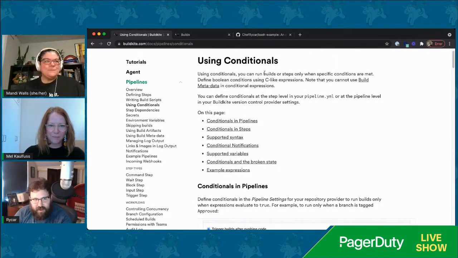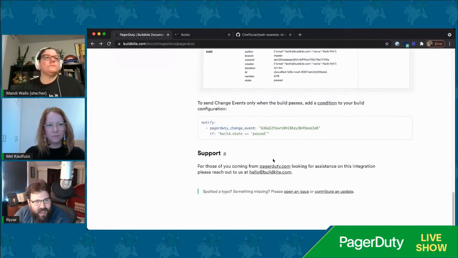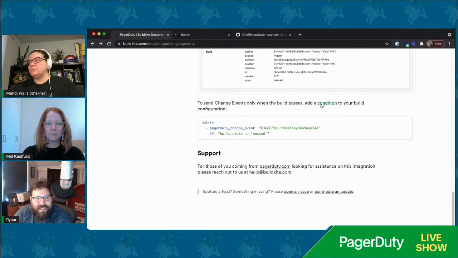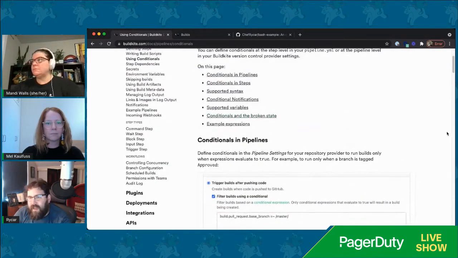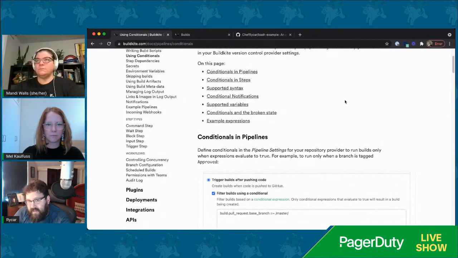Yeah. And I figured I'd throw up the docs as well. There's an example here, the example Mel mentioned, where we could say only send, in this case, passed events, or the opposite if you wanted. There are a bunch of configurable conditionals within the Buildkite pipeline syntax. So pretty much all of the metadata that Buildkite knows about your project can become something you work into your notification.